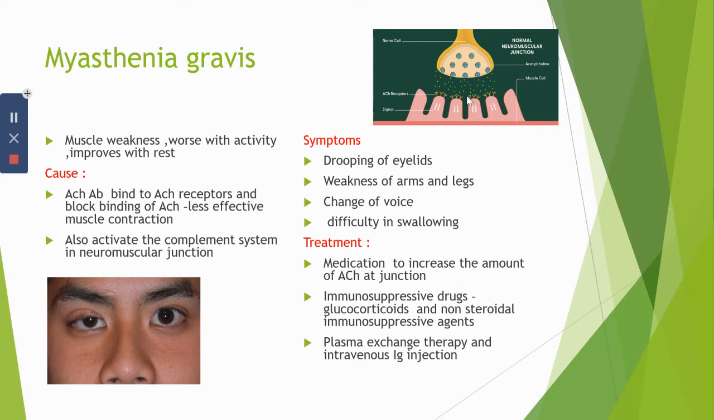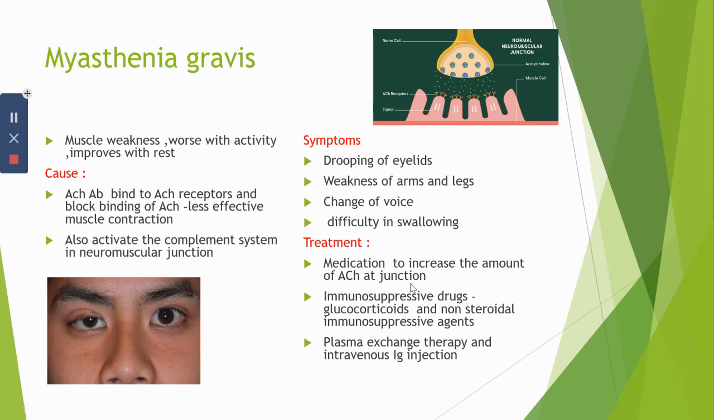They will also activate the complement system in the neuromuscular junction, which leads to damage of the cells in the postsynaptic membrane also. So the symptoms of the disease are drooping eyelids, weakness of arms and legs, change in voice, and difficulty in swallowing. Medications that increase the amount of acetylcholine at the junctions help in